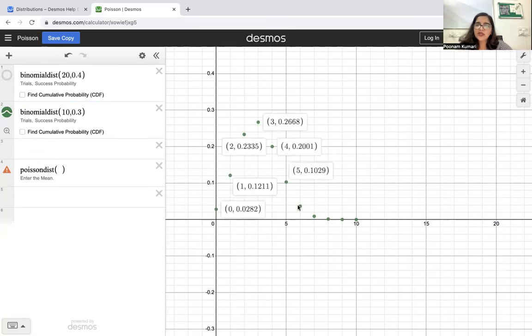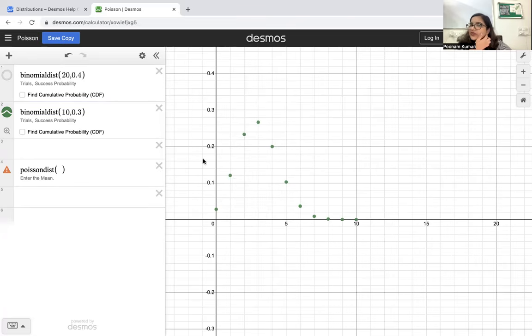So you can play around with it and see what the situation is, right? Now let's see how a binomial distribution actually looks. Whenever I put binomial dist, it's already a function which is there in this platform. This website is